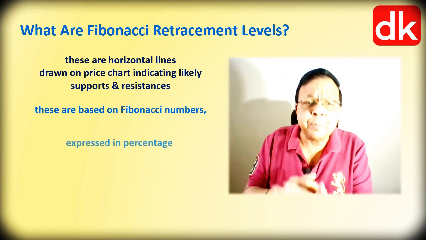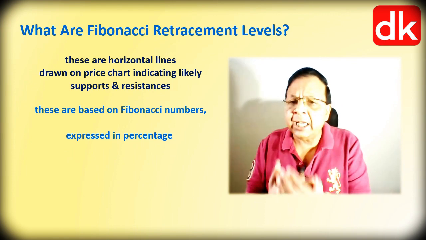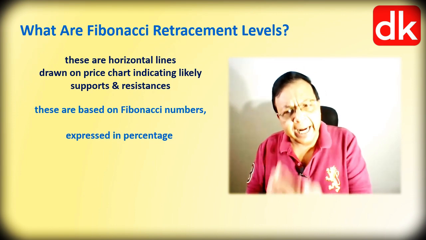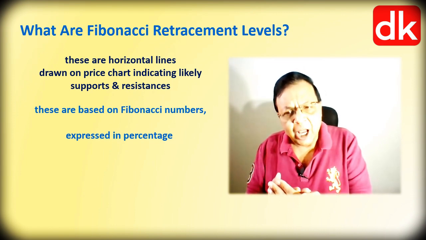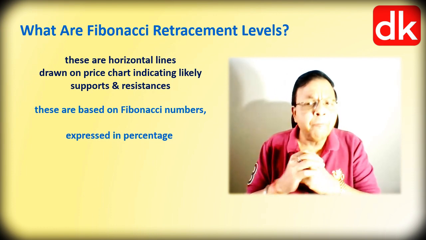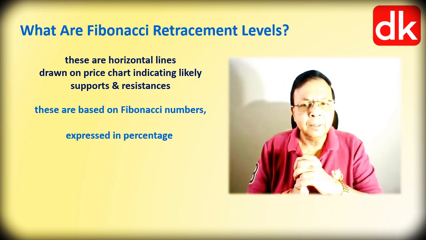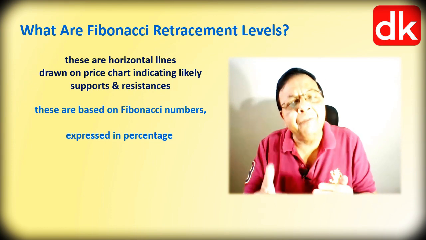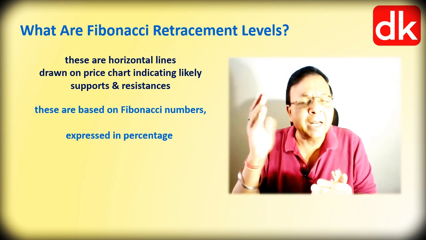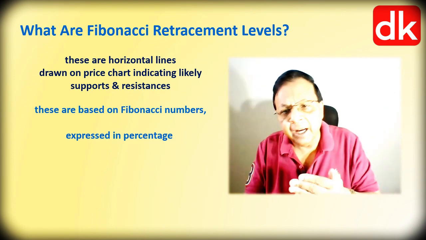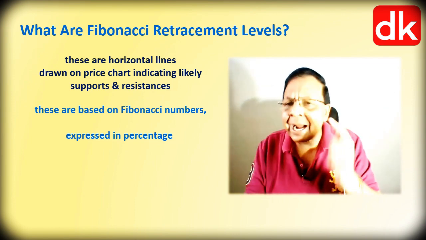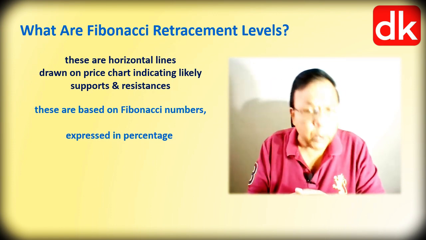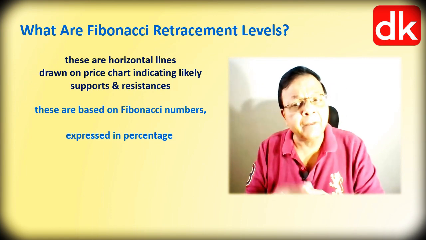These are expressed in percentages because ultimately our aim is to know, whenever the market takes a pullback or corrects or retraces, how much is likely to be the correction, where it is going to halt. So it is the percentage of the impulsive wave, which is a rising wave in an uptrending market while a falling wave in a downtrending market. The market doesn't go in a straight line upside and doesn't come down in a straight line downward. It is a very rare phenomenon even if it happens.